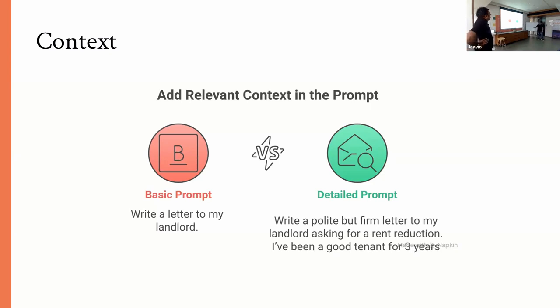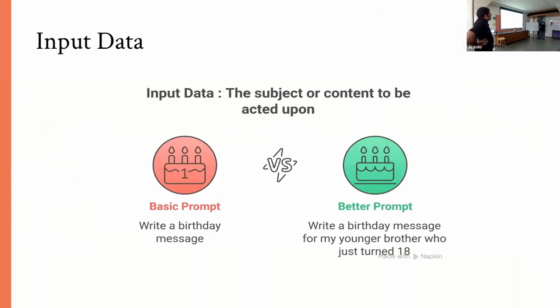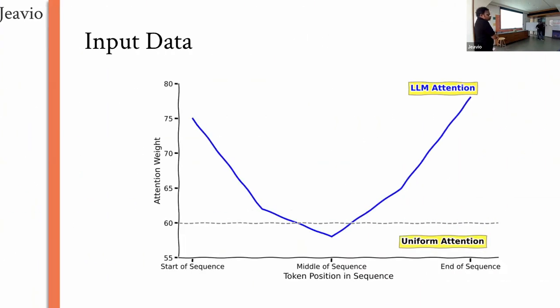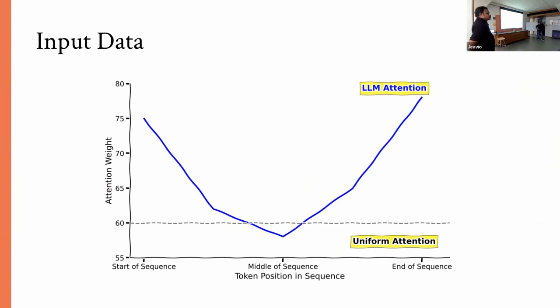For the input data, the placement is also very important in how you structure the prompt. As an LLM works on the attention mechanism, if you provide the input data at the start of the prompt or at the end of the prompt, the chances of it being picked up are higher. So we make sure that the instructions are at the top of the prompt or at the bottom, and then we rank the input data that we want more weightage on at the starting or at the end of the prompt, so that we can get a better result.